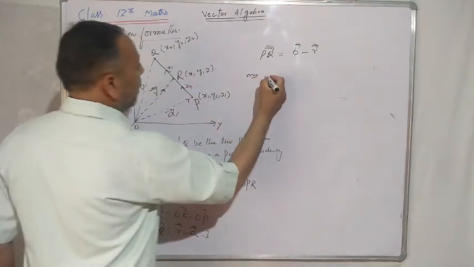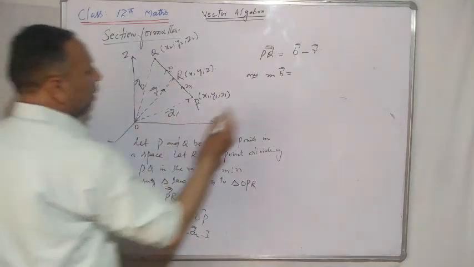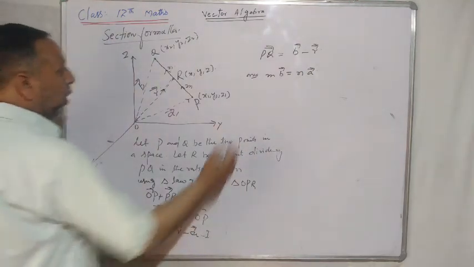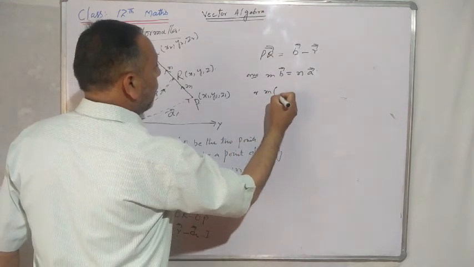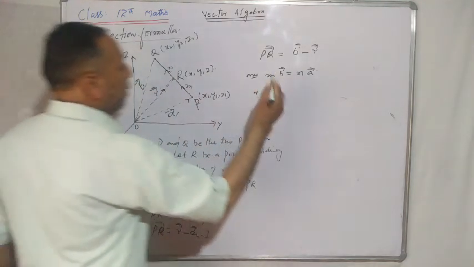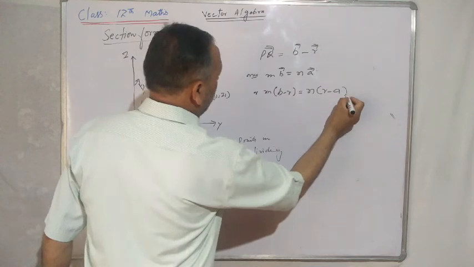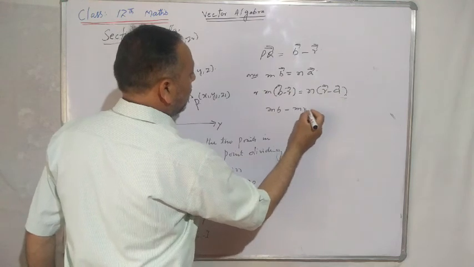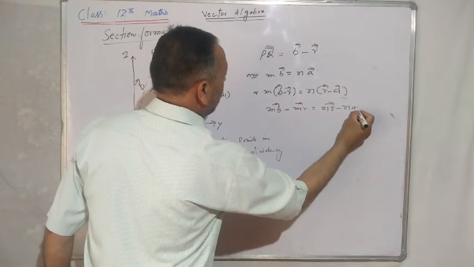Now M into B is equal to N into vector A, or M into (B minus R) is equal to N into (R minus A)। So MB minus MR is equal to NR minus NA।